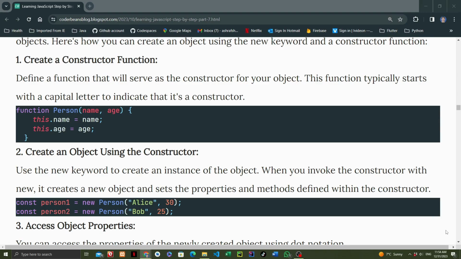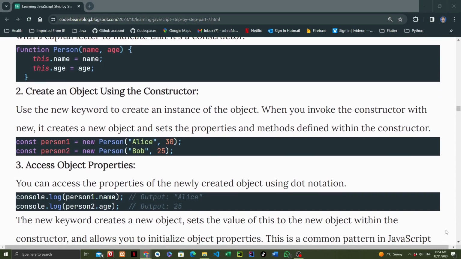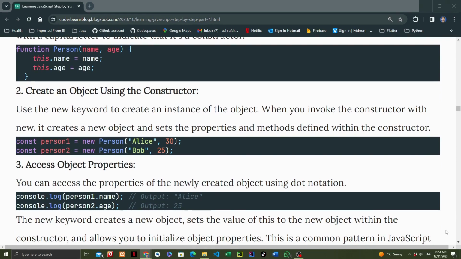function Person(name, age) { this.name = name; this.age = age; } Create an object using the constructor. Use the new keyword to create an instance of the object. When you invoke the constructor with new, it creates a new object and sets the properties and methods defined within the constructor. const person1 = new Person('Alice', 30); const person2 = new Person('Bob', 25);